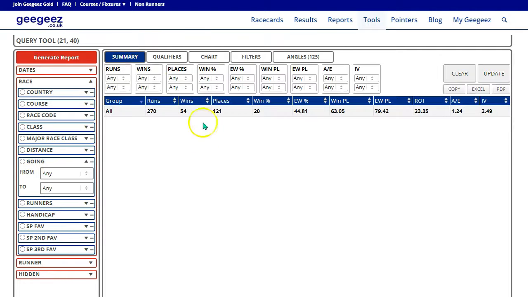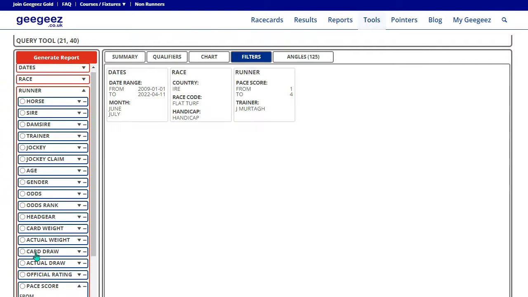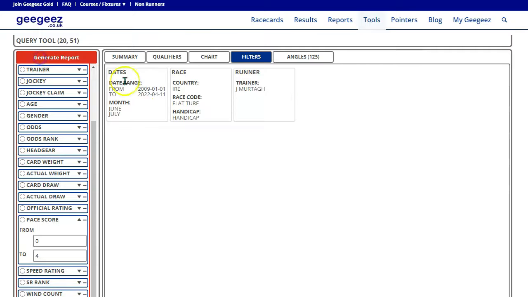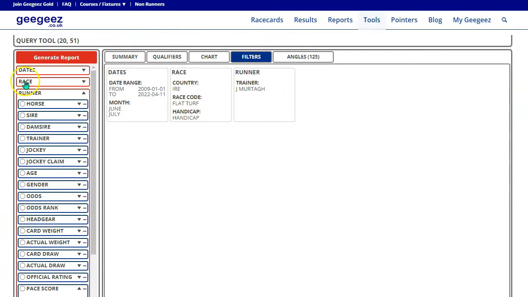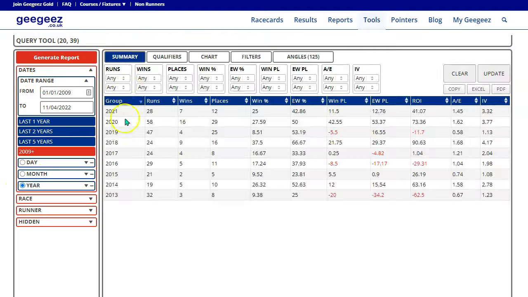If we just do that, you can see that this is not really a system that needs those extra variables. If we just said Johnny Murtagh in high summer, or in early summer maybe, in Irish flat handicaps, that's it. This pace from 1 to 4 is basically all of it. Just put that on 0, and then that will disappear, I think. Yeah. So it's a really simple approach, and if we sort it by year, need dates, sort by year, just click on that radio button to sort by year, and we can look at that, and we can see that